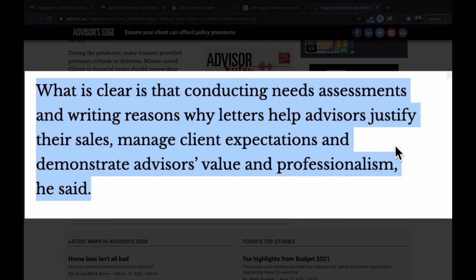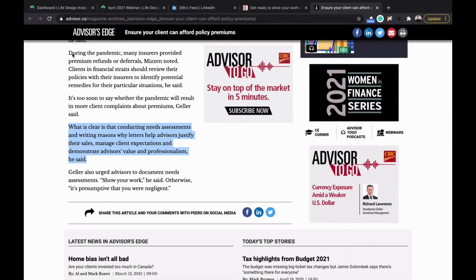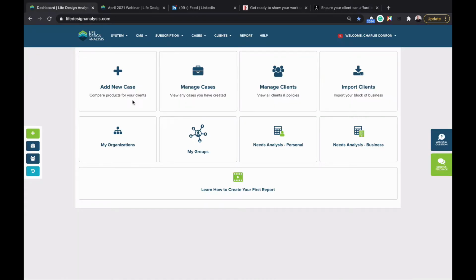So this is not only something that's good for compliance. Again, it's automatically included in your workflow when you're working with LDA, but it's going to help enhance that professionalism and the value that you add. So again, when we think about working every single case in LDA, not only is it great for our client, where we're giving them options, but it's also going to cover off a lot of those compliance requirements. So let's dive in here, and we're going to start off with our first concept, which is